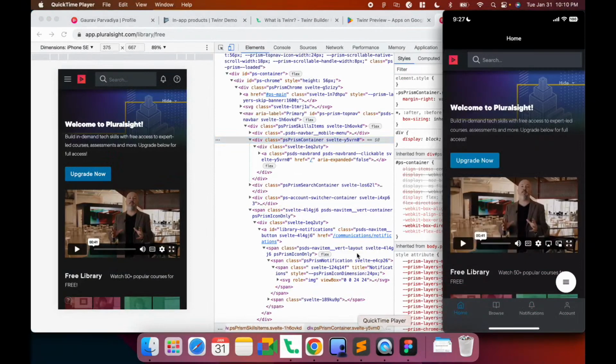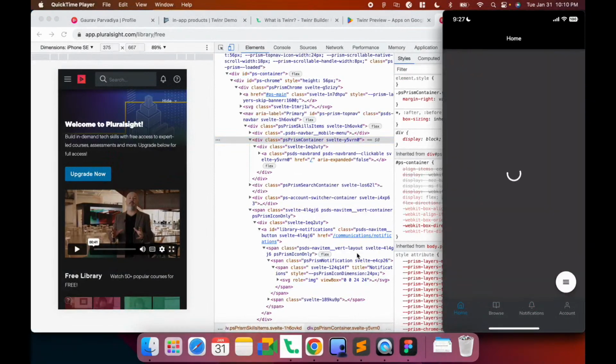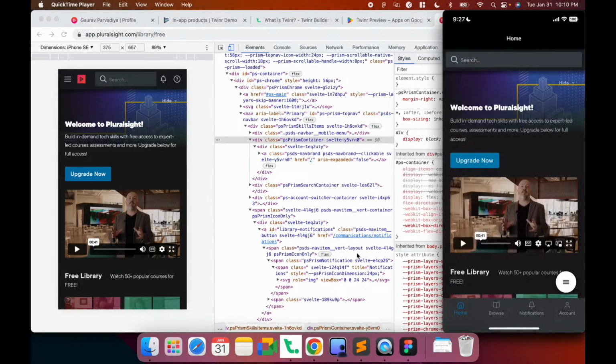Now let me go here again and reload this. So you see now my search panel is actually in full width, so that's good. All the unnecessary elements have been removed. It looks perfect. Now because my home screen is the first screen that the user is going to see,